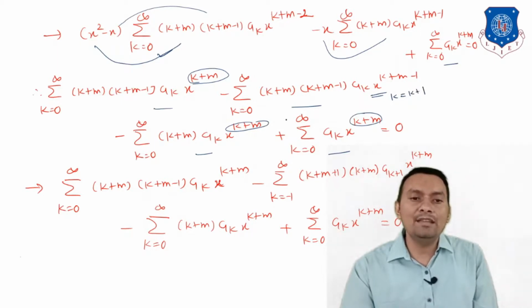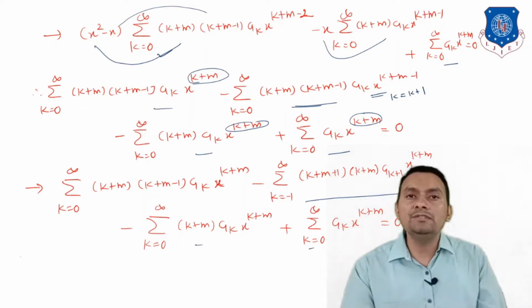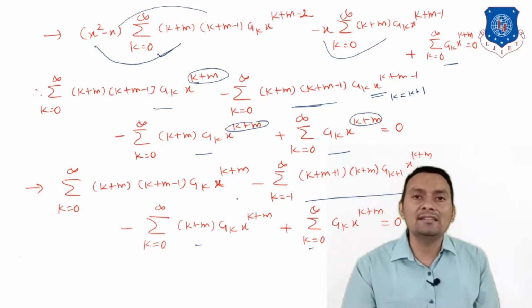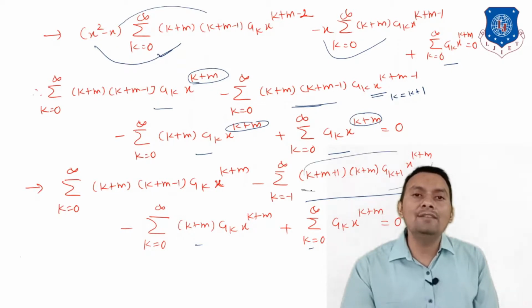After simplifying, I am just going to concentrate on this one and we will have this one. What we have written over here, k is replaced by k plus 1, and we will get this one, and the remaining terms are the same. Now we have to find the same index of the summation, because having the same index, we will get the indicial roots. So when I take k equal to minus 1 only in these terms, I will get the indicial equation, and after that it will help to get the recurrence relation, starting from k equal to 0, 1, 2, 3 and so on.